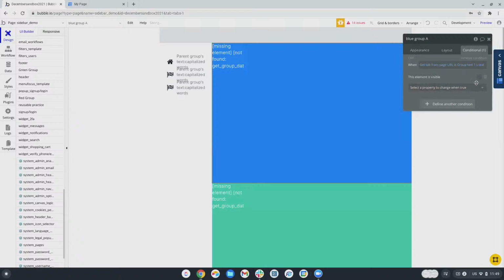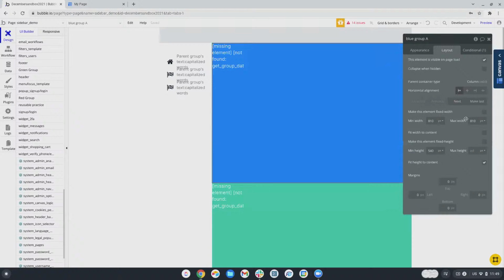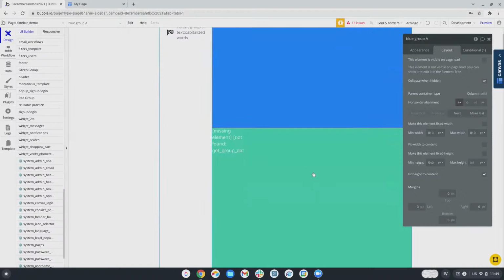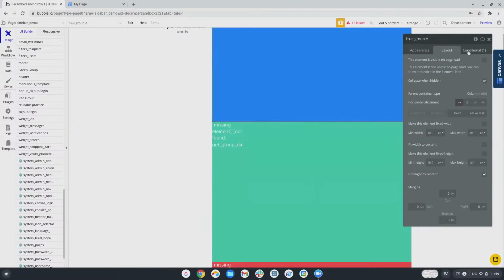Then I want this element to be visible, right? So I can come here and say, I don't want this element to be visible on page load, and I want it to be collapsed when it's hidden, right? And then I can come here and I can copy this condition,